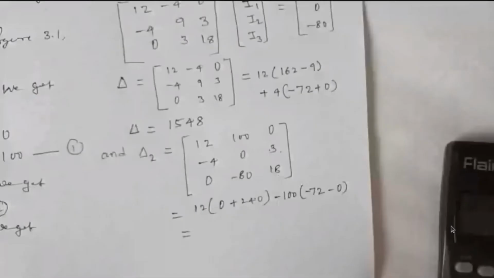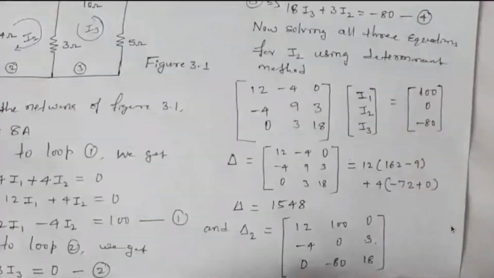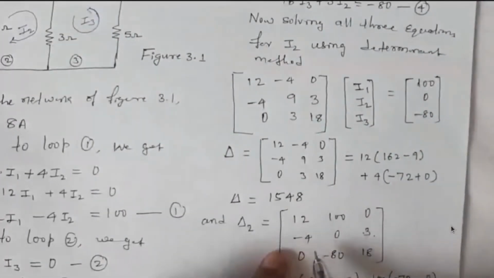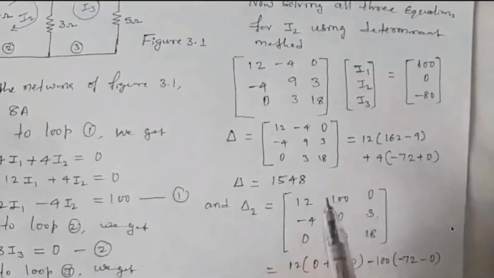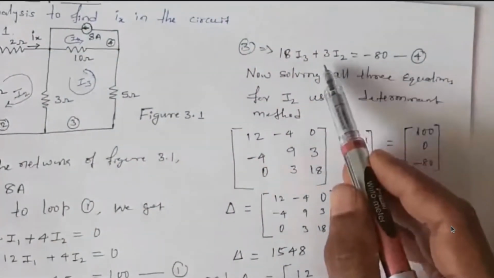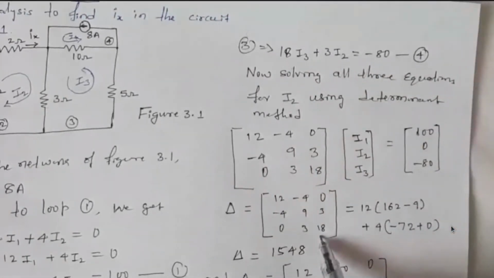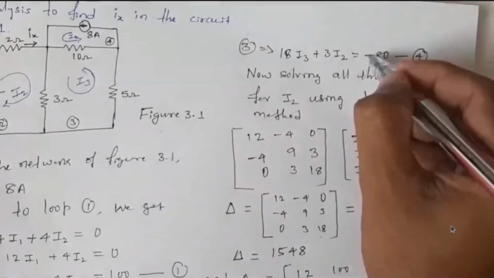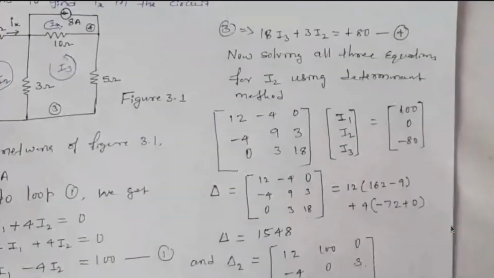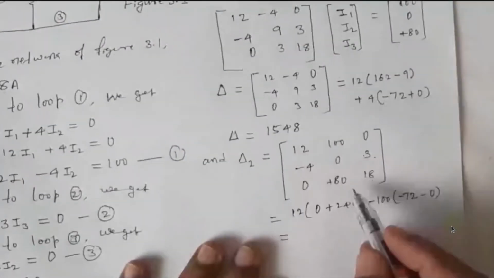Have I written equation 2 properly? Yeah, right, sir. Equation 3, sir. Which equation? It should be plus 80, sir. Equation 3, plus 18, sir. No, it should be plus 80. Right, but I have written 18 only. Sir, you have written minus 80, sir. Okay. Sir, equation 4. Yeah, this is okay. Because of that, we are getting wrong, right? So this is 80, right? This is 80. So that means here, this is minus.